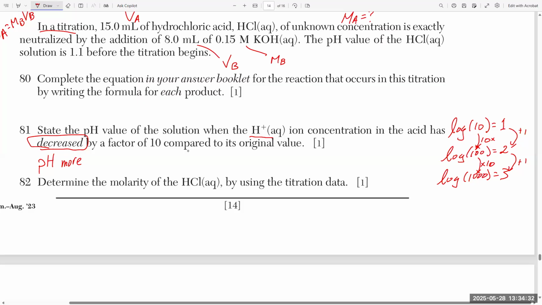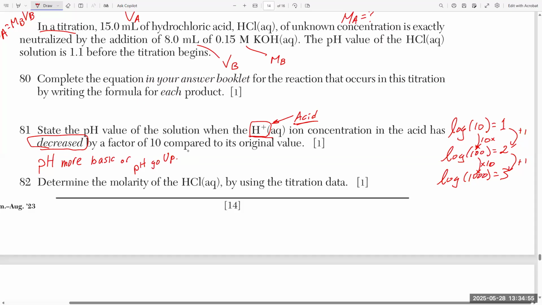Think about it. Decreased. So if you're decreasing H plus, and what's H plus? It's an acid. It doesn't matter whose definition you use. So therefore, since you're decreasing the acid, it's going to be more basic, or pH is going to go up,